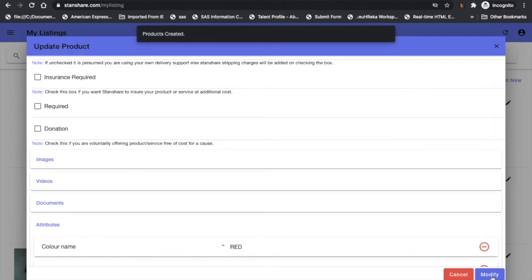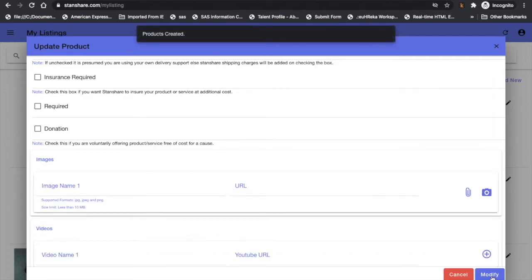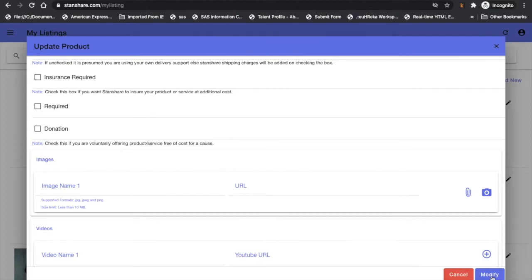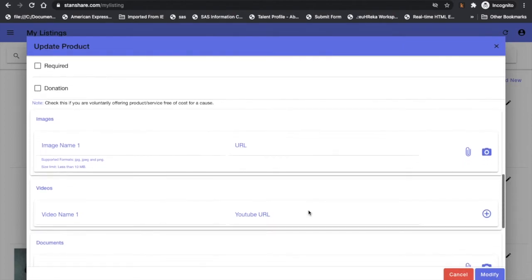All right, so now the next section opens up. So you're not done yet. In the next section, what happens is you have to add product image. Now in the image section, this is the image name section where you need to put an image name. So I say image 1, or you can put it as dress